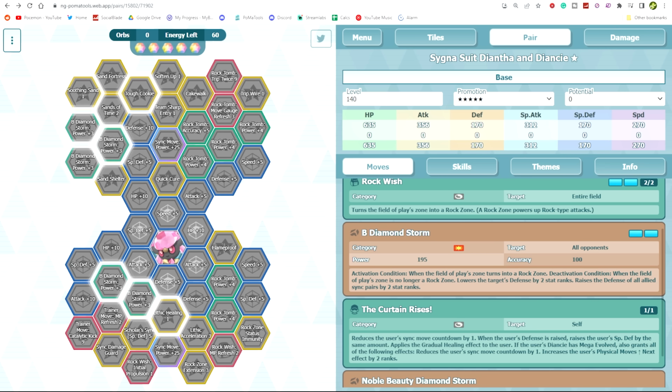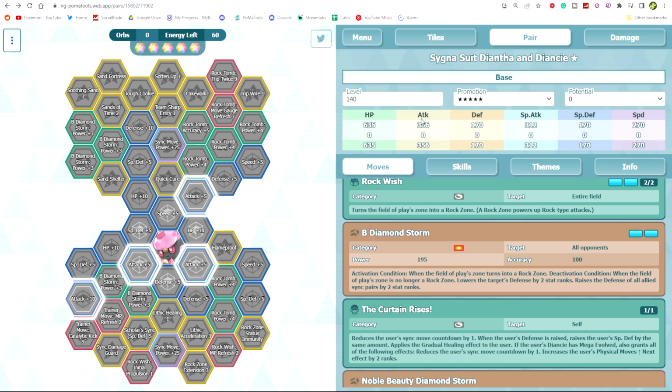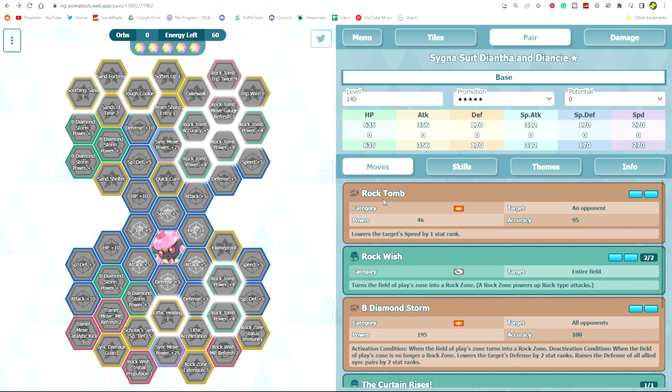So first of all, quick overview of Sygna Suit Diantha and Diancie. Stat-wise, it says okay physical attack, speed's not great, and everything else kind of sucks, but at Mega obviously increases much more. Really good physical attack, decent physical defense, and everything else is the same. As for the moves, you have Rock Tomb,